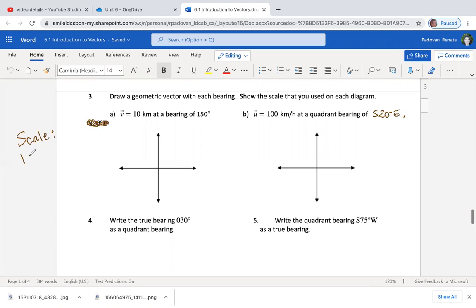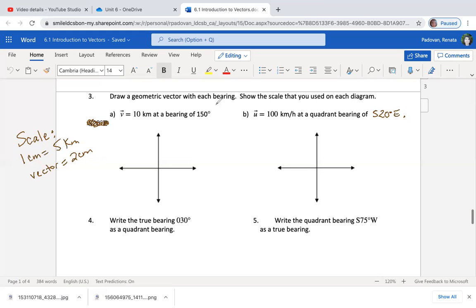If I had, again, 1 centimeter equaling 5 kilometers, then if I want 10 kilometers, then my vector is going to be 2 centimeters long, right? And again, maybe the reason why I don't say 1 centimeter is 10 kilometers, and that way I only do a 1 centimeter vector, is you see how I have to write numbers around it and the direction of the degrees. It's a little squished. So if I can spread it out a bit, a reasonable amount, right? Stretch it out a little bit. Don't make it as physically small as you can. Have some room there. So vector V is 10 kilometers, so I know I'm drawing something that's 2 centimeters long,